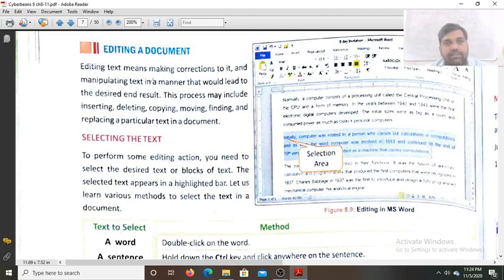So editing text means making corrections to it and manipulating the text in a manner that would lead to the desired end result. This process may include inserting, deleting, copying, moving, finding and replacing a particular text in a document. So if you want to make any correction in a document or you want to manipulate the text, that is, if you want to change the text so that you get the desired result whatever you need,